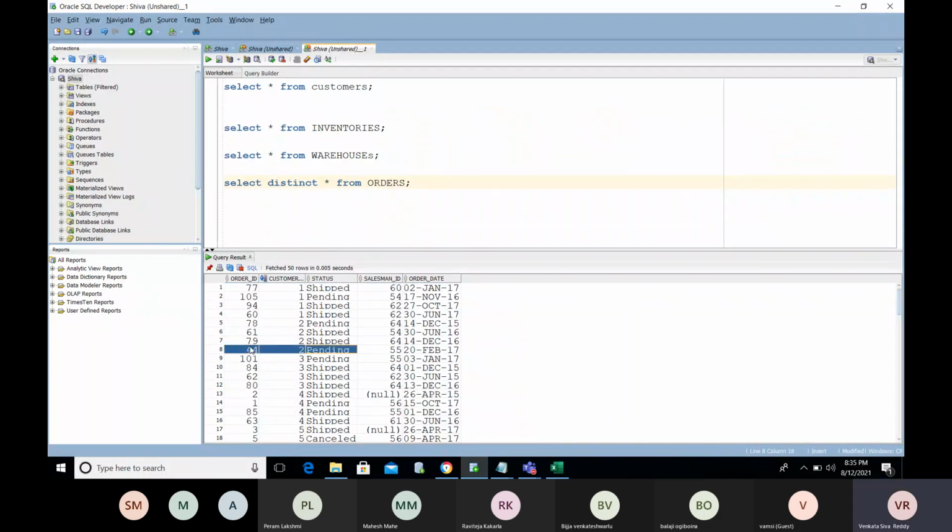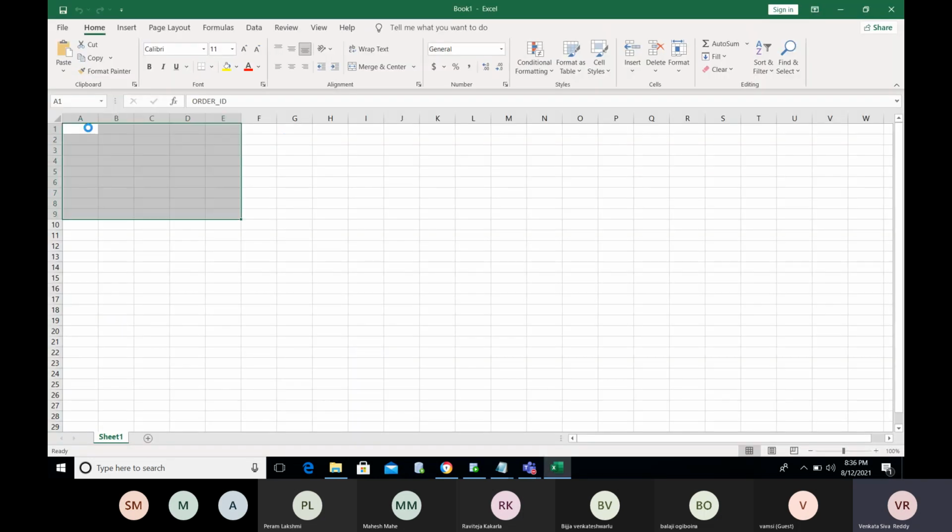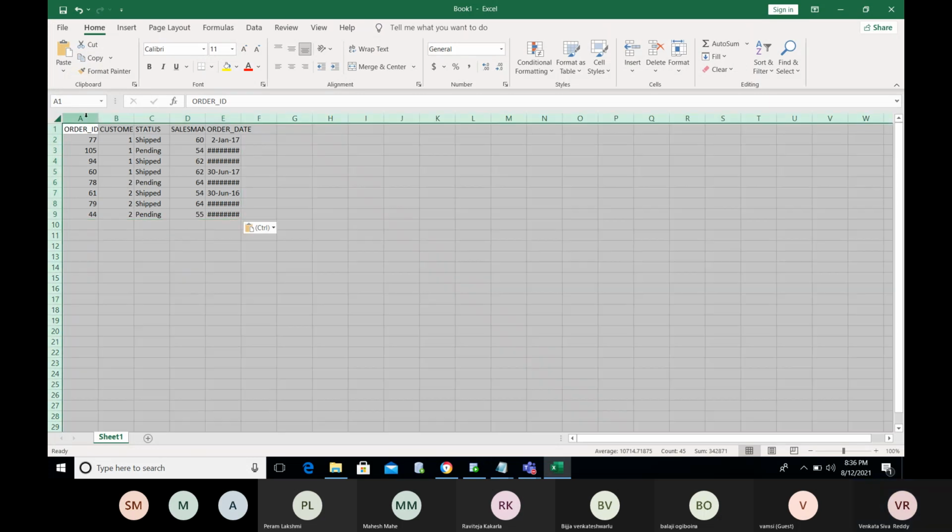If you want to copy the data along with the column header, you need to press Control Shift C. It copies along with the columns.